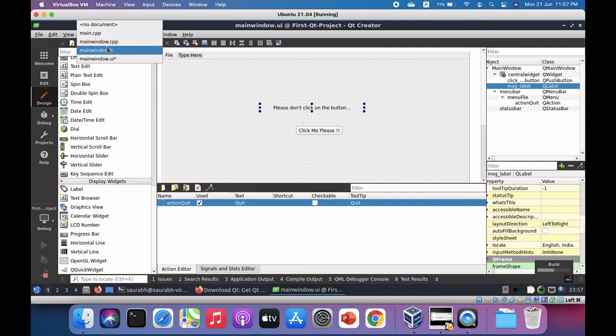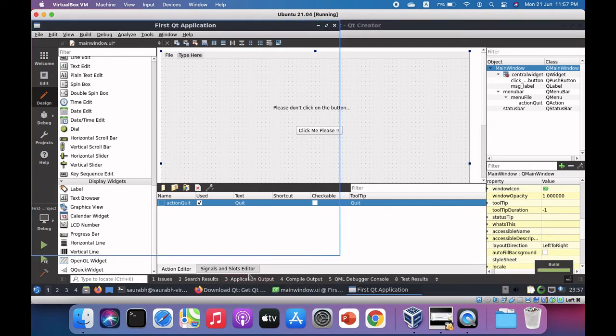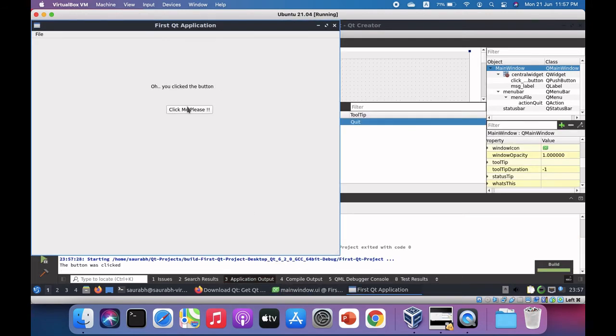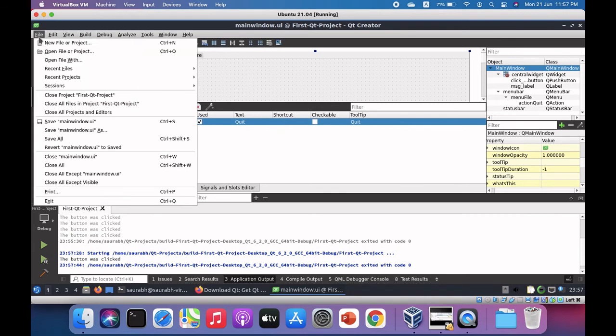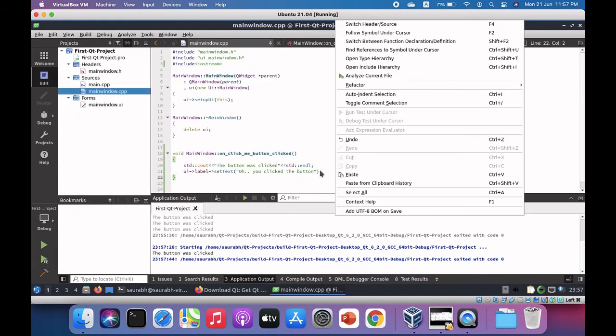But the idea is that I want to make a change in the label when the button is clicked. I think that part is not yet saved. This is the problem. I have not saved it. Anyhow, so let me first try this out. Yeah, so I have not changed it. That is the problem. I'll just change this. So this is the idea. If you click on this button, you can see that the label's content changed, right? I should just save it here. I think then it should work. Save. And then if you go back to mainwindow.cpp,